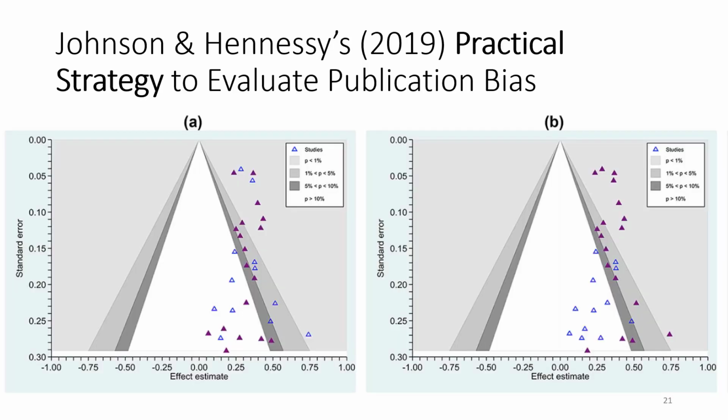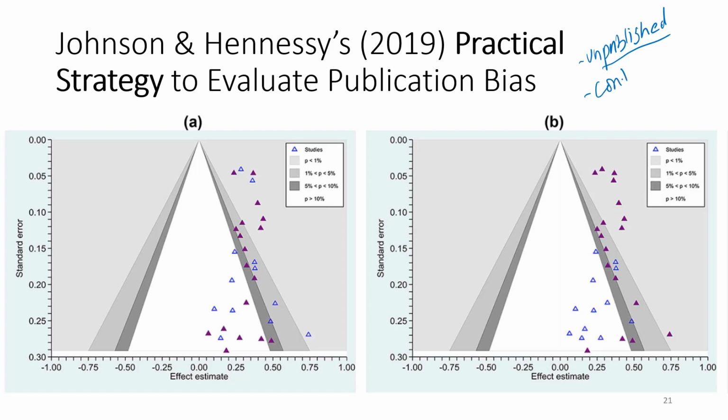In 2019, along with Emily Hennessy, I advocated a practical strategy, or sometimes I call this a common sense strategy, to avoid publication bias. It rests on 2 things. One is retrieve the unpublished papers, and beware about the ones that are preprints and just going to become published in the next year or so. So you've got to retrieve the unpublished papers, and then you look at them in a contour enhanced